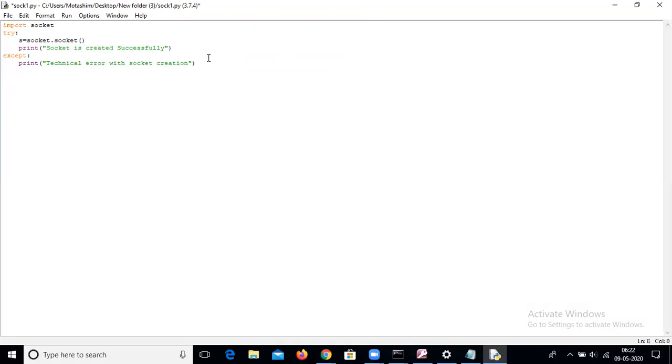Now for this purpose, in socket programming, we need three basic things. First is the socket, which you already created. Second is the port number. The port number is visible in your system. If it is free, you can easily use it.